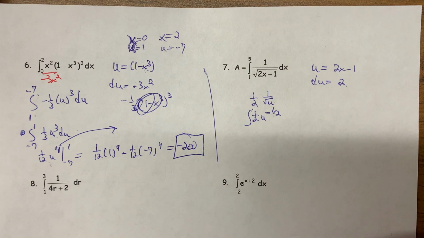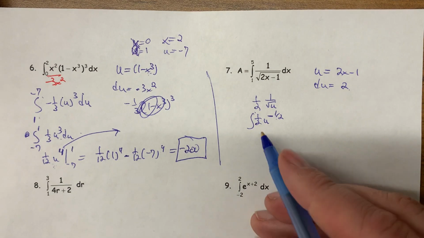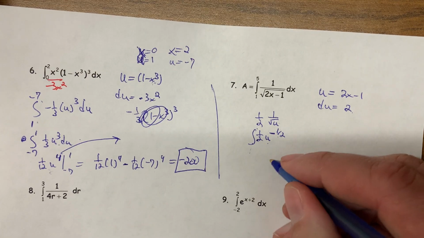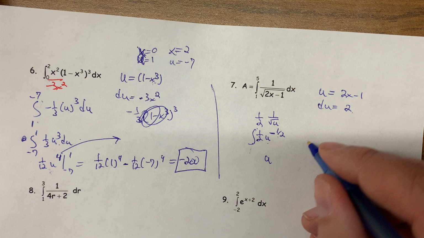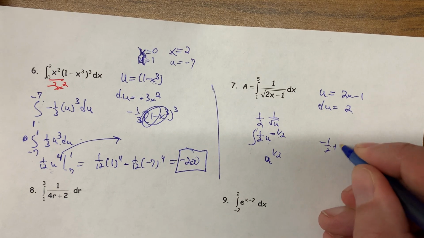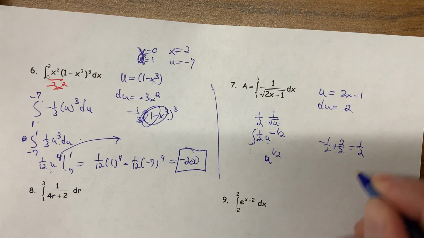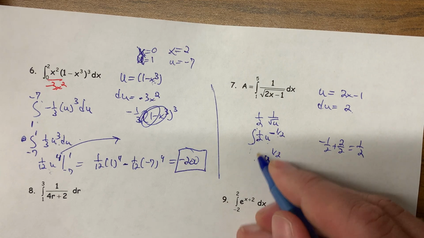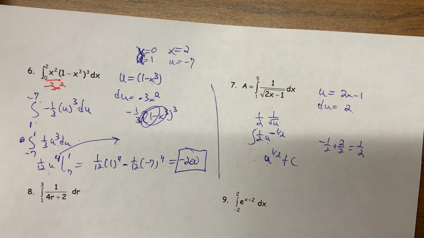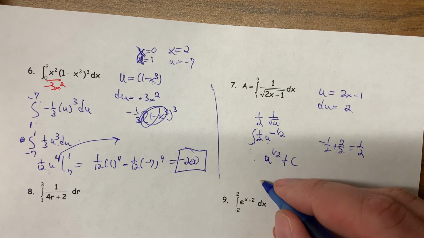So this is the integral. And this time I'm going to do it the converting back way. I'm not going to look at the limits just yet. I'm going to raise the power by 1. So negative 1/2 plus 1 is positive 1/2. Negative 1/2 plus 2/2 is positive 1/2. And I need to divide by the new power. A half divided by a half is just 1. Well, that's lucky. So it's u to the 1/2 plus c, and I'm going to go write it back as